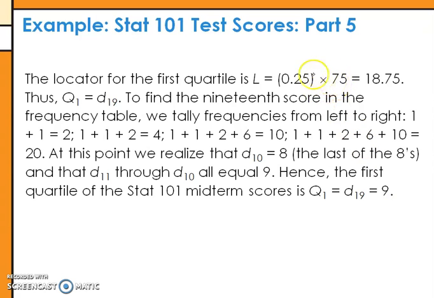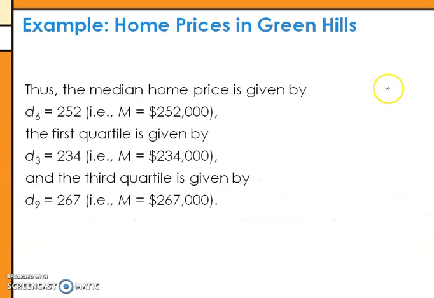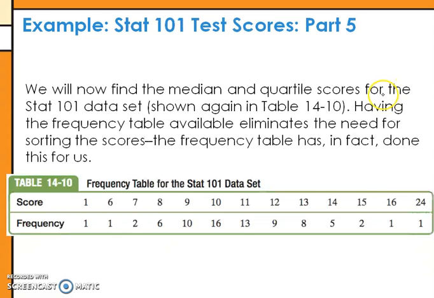So if I have 75 numbers, if I want Q1, we'll focus on that, for instance. If I go 25% of the way through the list, that's 18.75. So if I round up, I want the 19th number in the list. So if I go to my list, I have to be careful. If I just go like this, I'll run out of numbers. 19th means there's 1, 2, 3, 4, 5, 6, 7, 8, 9, 10, this would be 20. So somewhere in between when you're at the 9th